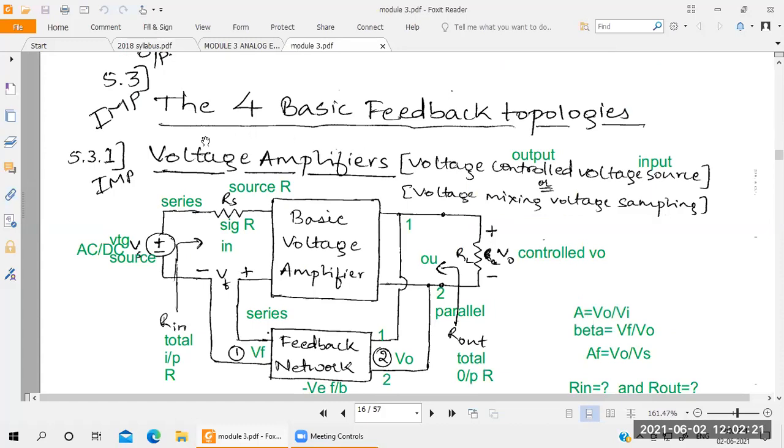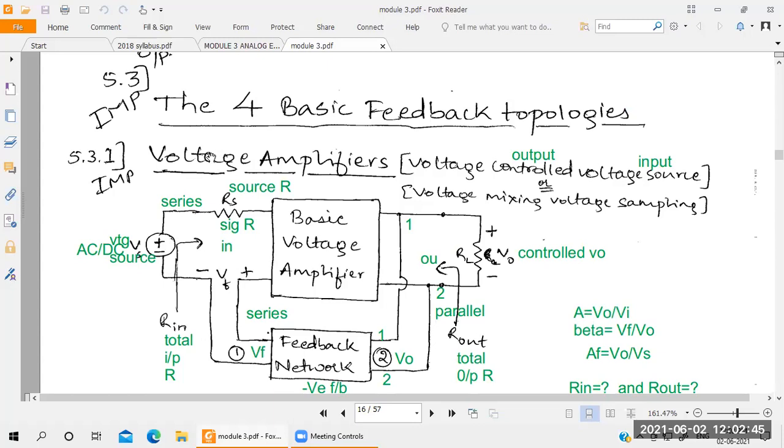So first you take the voltage amplifier. This one is very important here because we want to discuss only the block diagram. After that we want to discuss the derivations. Based on this block diagram, we have to write the derivations here. This is very simple, but you have to remember what steps we're going to take here.